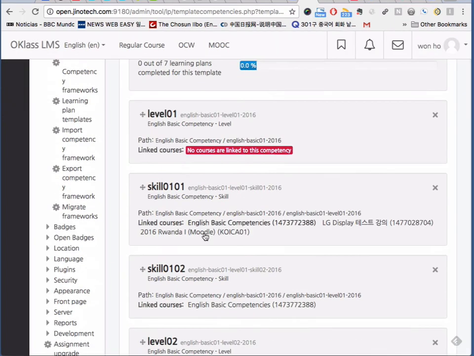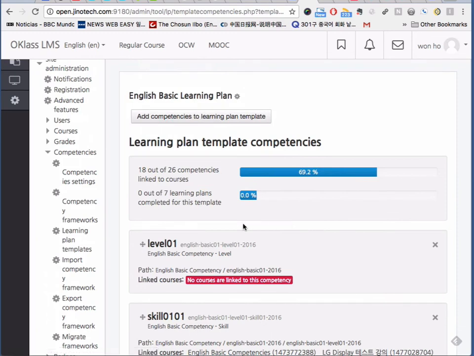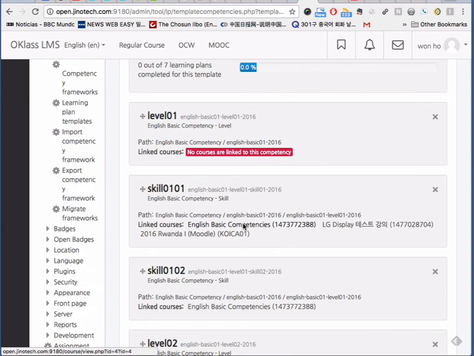Competencies, you can automatically check that that competency component is added, and we already defined that competency is connected to many different courses. And you remember that I just added this skill 0101 things to Rwanda Moodle just before. Okay, so that way you can review everything that this component is connected to which specific courses. All right, so